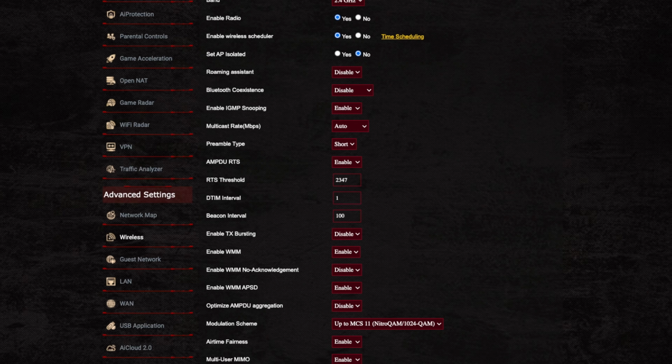Then we've got the beamforming. So we've got the two different kinds. Explicit beamforming is for legacy wireless network devices. So basically it's for your wireless B, G and N clients. So I think it's enabled by default. So you've got that one there, and then you've got universal, which again is for legacy wireless network adapters